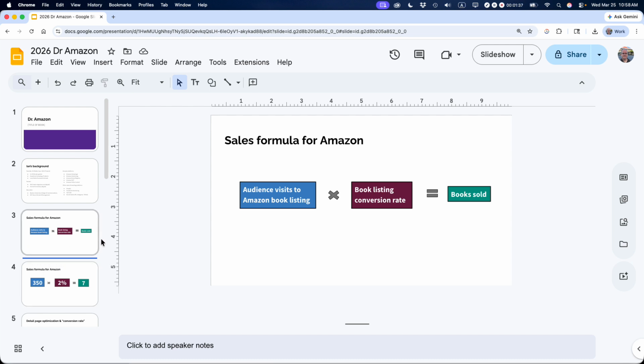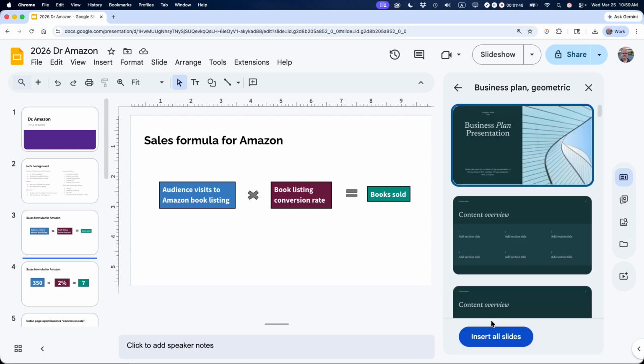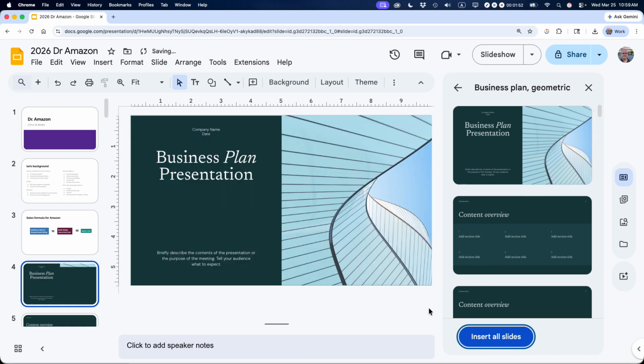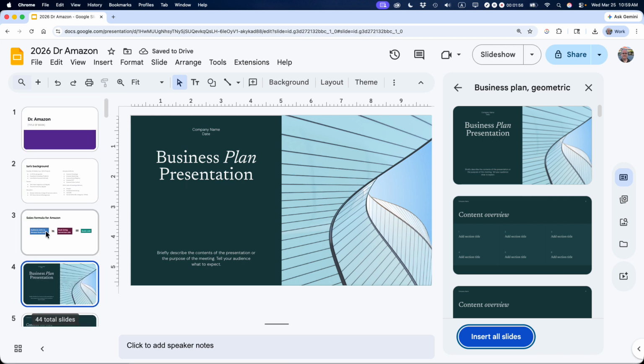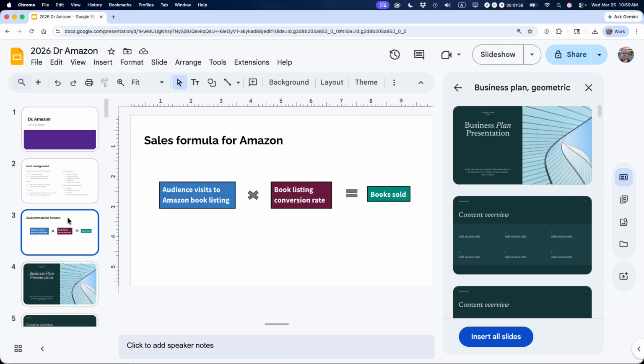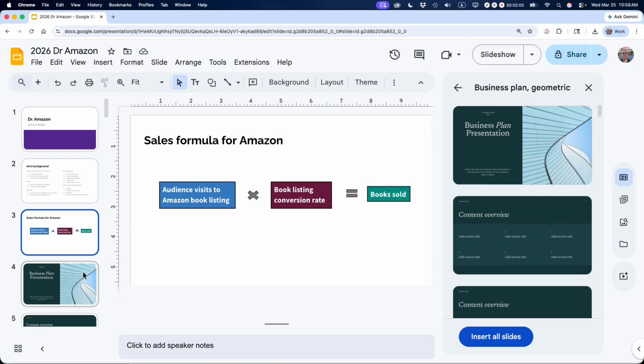If I want to insert a new template, I could just go over to the right side of the page here, and you can see there's a button that says Templates. I press that, and then I could say, all right, well, let's put in the business plan presentation, and then press the button that says Insert All Slides. And you can see what it did is it basically added those 9 or 10 slides right to the middle of the existing presentation. It didn't change any of the other slides that I already had there, which is kind